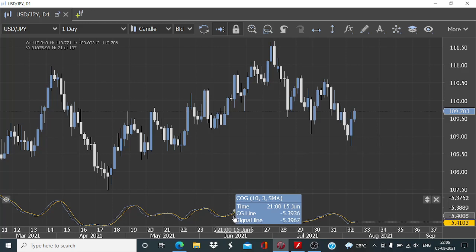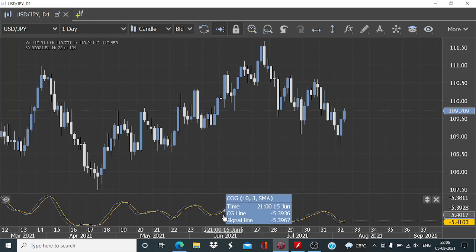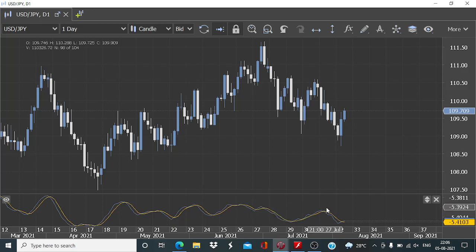We can also consider the comparison between the signal line's values over different time frames, at different points in time, and using that we can see whether the momentum is bullish or bearish. So the structure is going to be simple. Whenever we have the signal line above the center of gravity line, we will be looking to initiate the buy trade. And when we have the signal line trading below the center of gravity line, we will be looking to initiate the sell trade. So the trend is going to be determined using this daily time period setup,